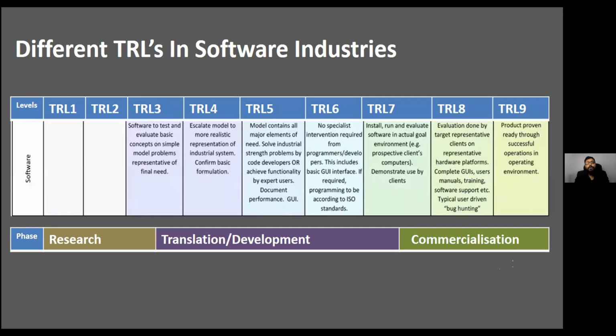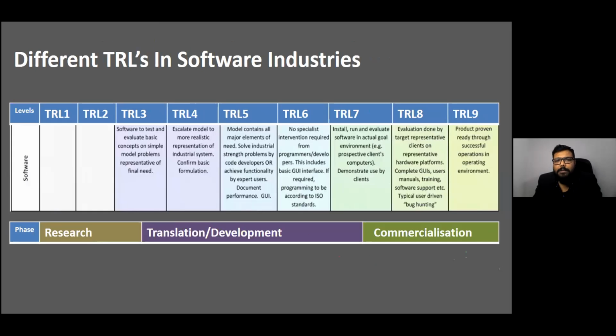As well, we need to complete the functional UI, which is called GUI, and training materials need to be there, so that users can easily come to the application. They can easily use it by getting the information from the user manuals, training materials, or the support team. Okay, so that is the stage where we can hunt the bugs as well. So TRL 7 and TRL 8 both are called UAT in the software industry.